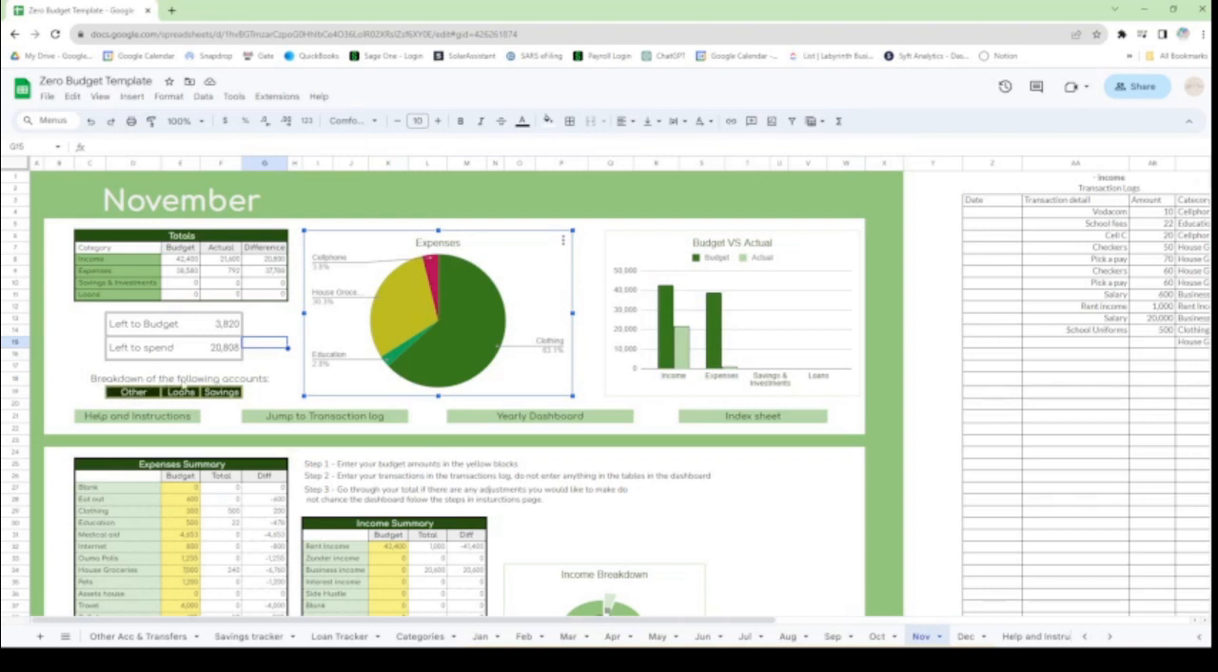Over here is a little breakdown of the following accounts. So it's a quick jump to your savings tracker, your loan, and then other accounts. Over here is a quick jump to help instructions, jump to your transaction log, which I will get to in a second, your yearly dashboard, and the index section. So jumping to the transaction log,